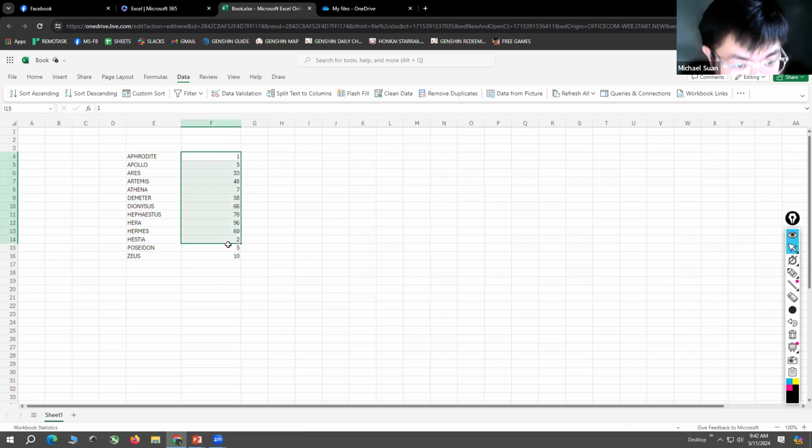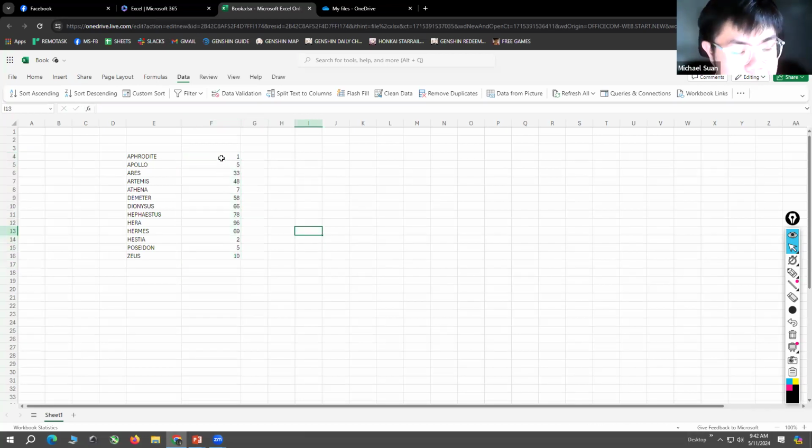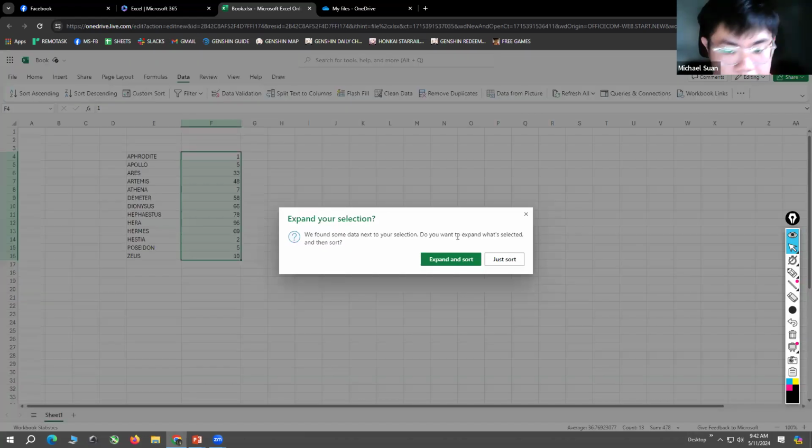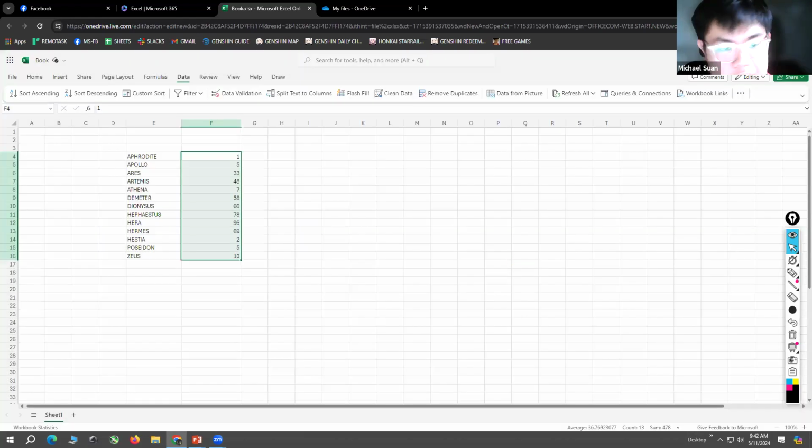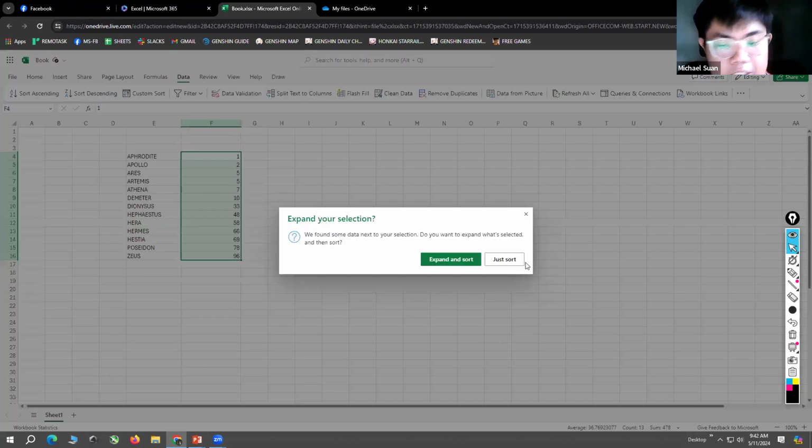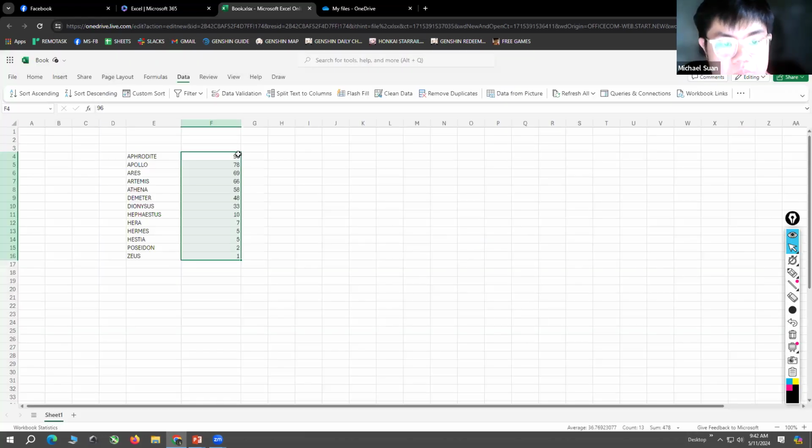You just highlight, how to highlight: click, hold, and drag. And then you click on sort ascending, from least to highest, or descending, from highest to least.